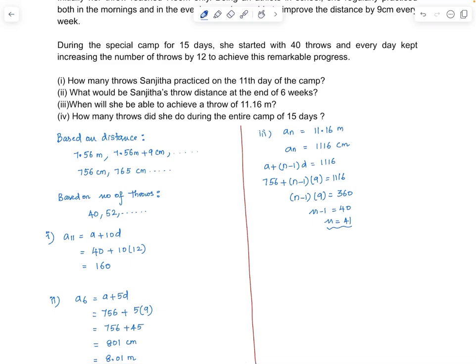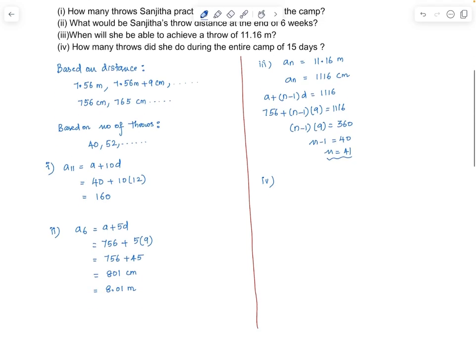Question 4. How many throws did she do during the entire camp of 15 days? So we have to figure out the sum of the number of throws in the entire period. Sn is equal to n by 2 times 2a plus n minus 1 times d. n is 15, so S15 is equal to 15 by 2, 2 times 40 plus 14 times 12,